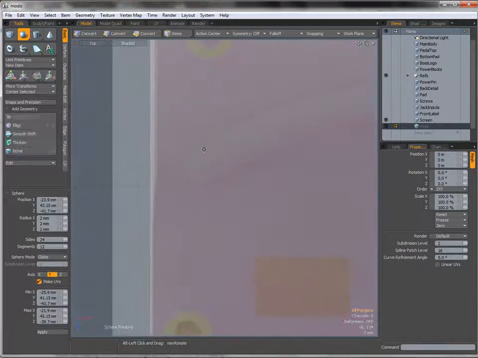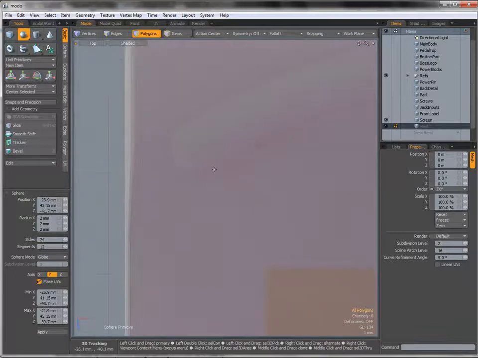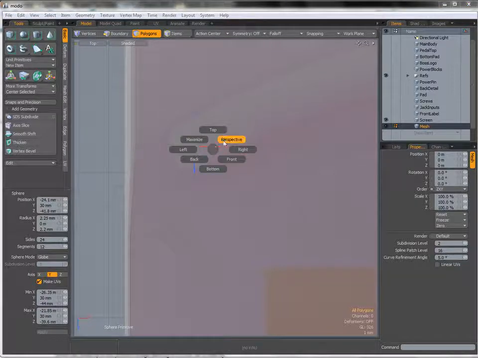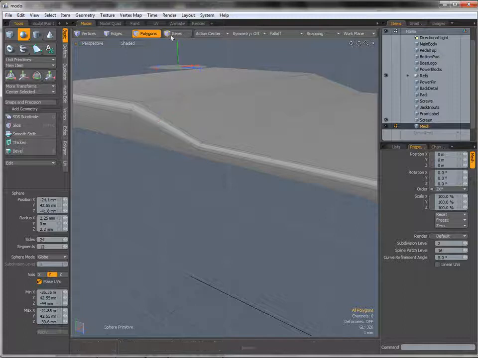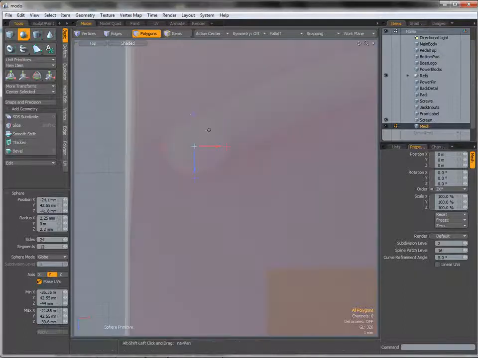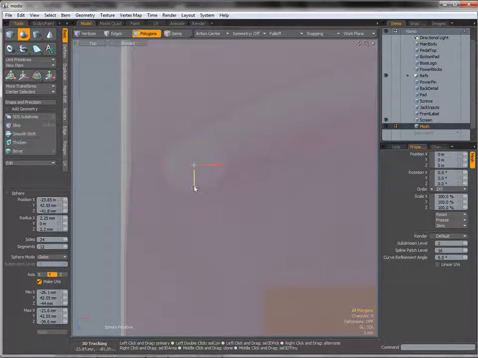I'm going to zoom into our reference. And what I'm going to do is drag out a sphere that roughly follows this reference here. So I'm going to click somewhere in the middle and pull it out, our circle like that, and you can't see it because if I go to perspective mode it's currently below the object, so I'm going to pull that right up to the top, go back to our top view, and we can use this to position it. I'm not worried about the position for the minute because we're going to change that. I'm just trying to get the size right, and it looks as if 2 millimeters is about right,